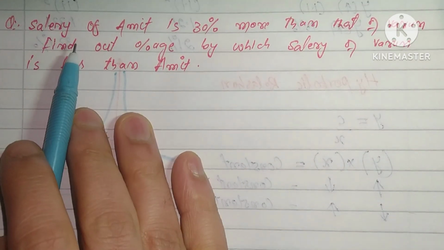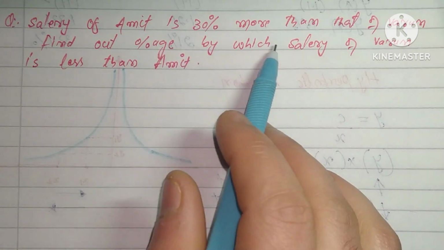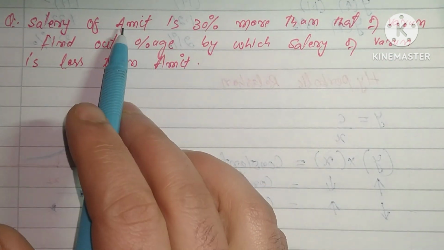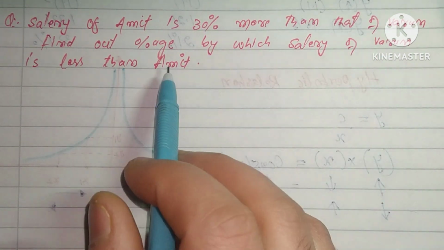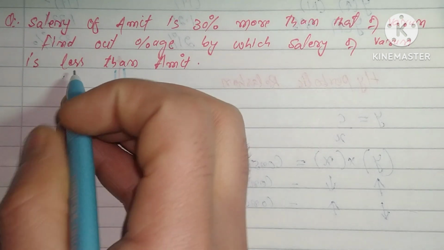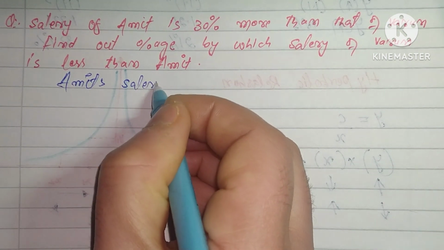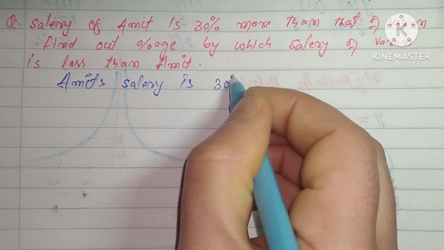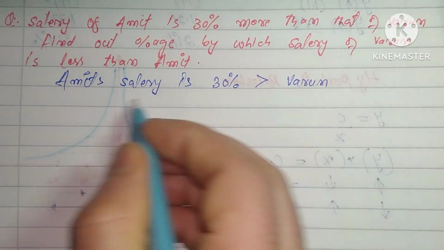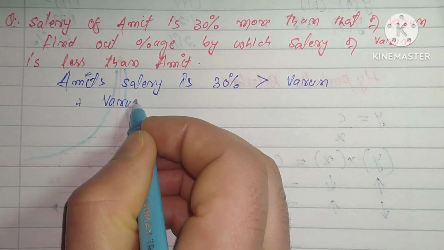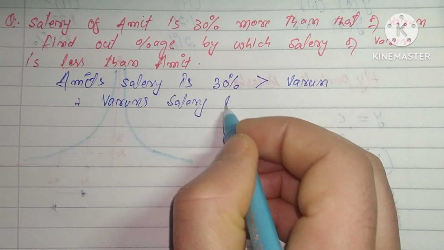Take another question. Salary of Amit is 30% more than Varun. Find the percentage by which the salary of Varun is less than Amit. Amit's salary is 30% more than Varun. What we have to find is how much less Varun's salary is than Amit's. Here Amit's salary is 30% more than Varun. Therefore Varun's salary is less by